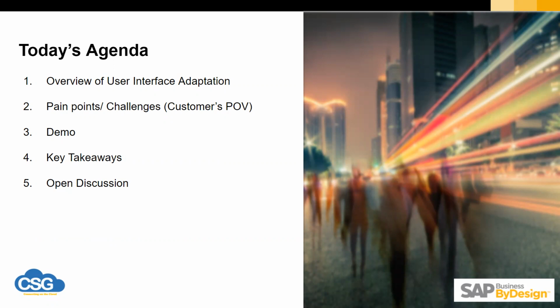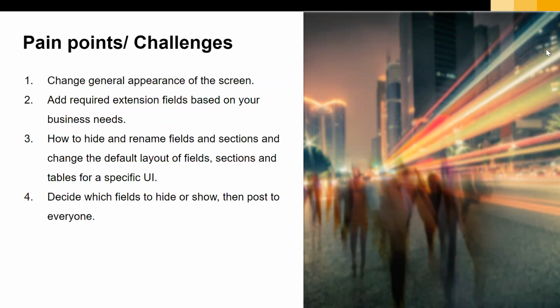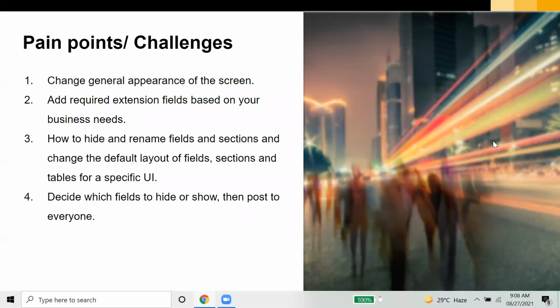Then this was the overview, like what it is exactly. Then these are the pain points, like how a customer finds it difficult in such a scenario. So one of the pain points can be like if a customer wants to change the general appearance of the screen, he is not that happy with the screen and wants some changes, not just for himself but for the whole team. And if you want to add required extension fields based on the business needs of the company,